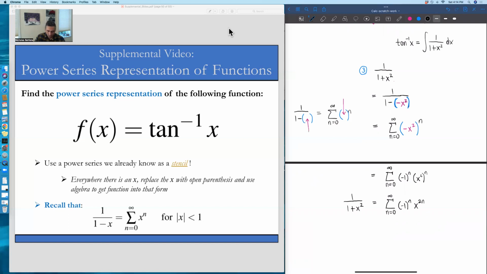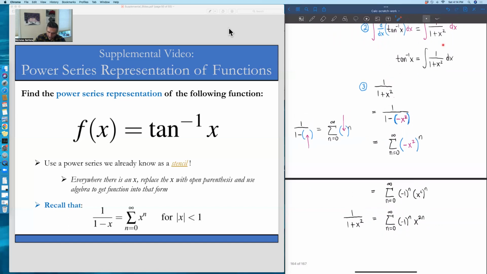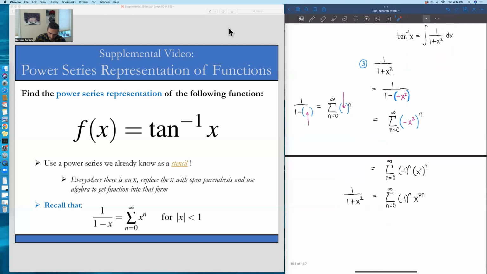So now that we have this relationship, what we saw before was, well, if we take this function and we integrate it, it gives us back what arctangent is. So we're basically going to take what we saw before, that arctangent's equal to the integral of 1 over 1 plus x squared. So let's go ahead and fill that in. So this will be kind of observation 4 for us. If we have that, arctangent is equal to the integral of 1 over 1 plus x squared